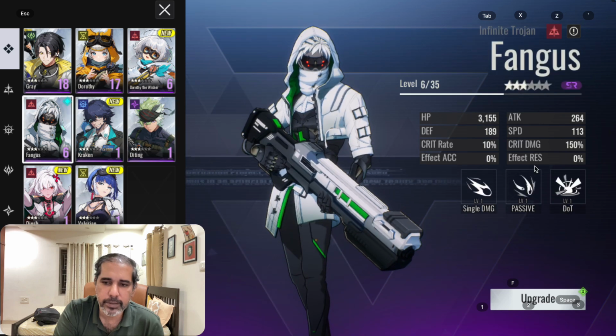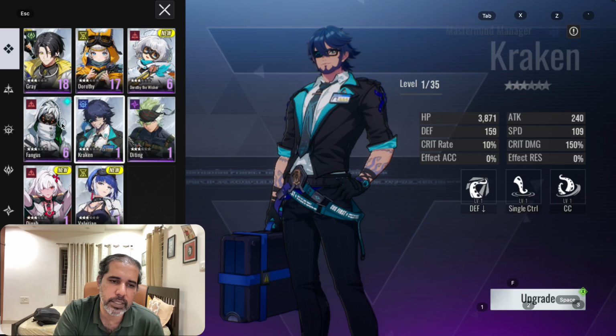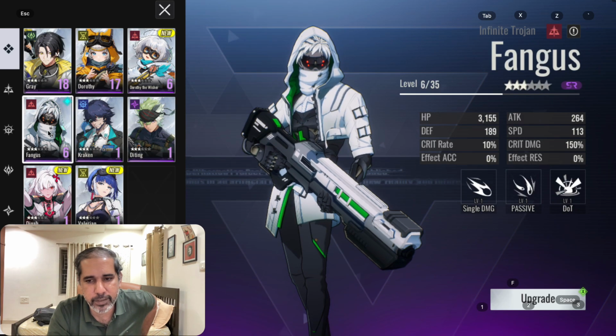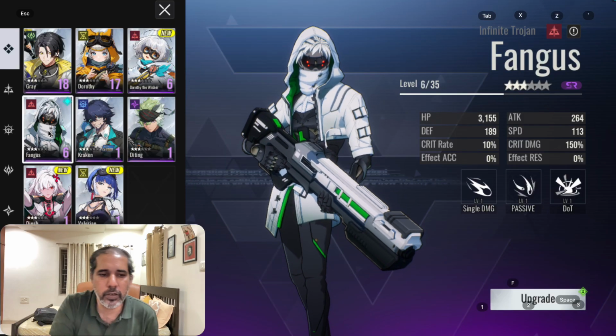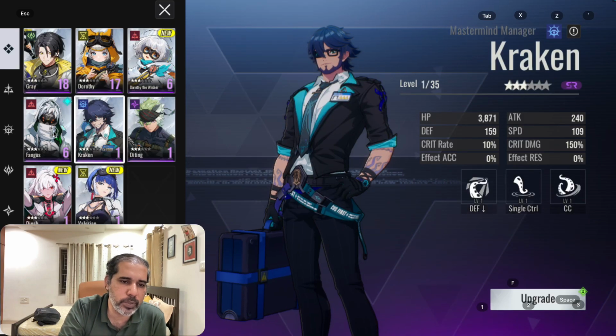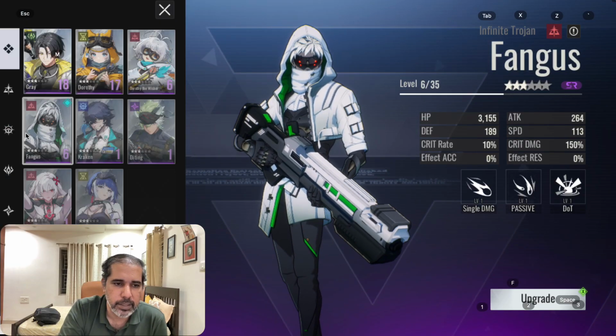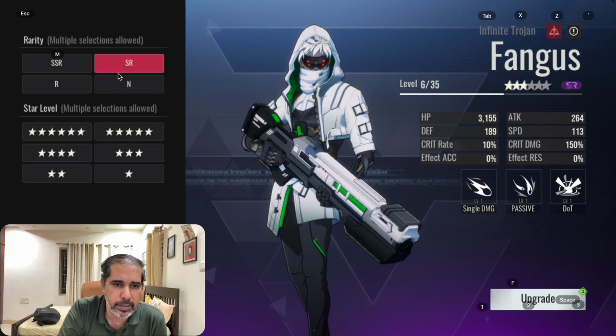And again, you want to first not try to level up two heroes at the same time. Let's say, for example, if I start investing in a Kraken and a Fangus at the same time, instead of 2 weeks, I'll end up taking a month to build two heroes, which will slow down my progress. Now when we look at our heroes,